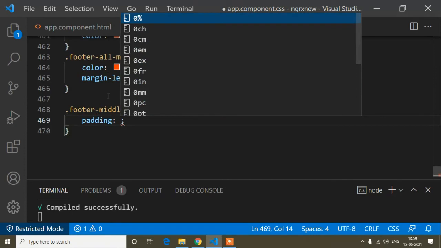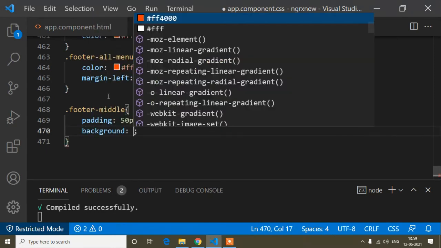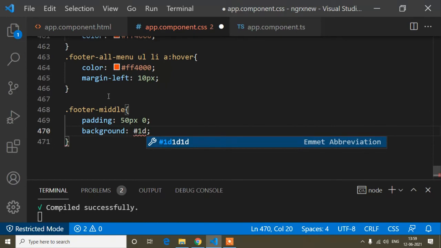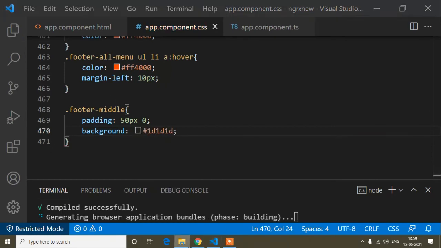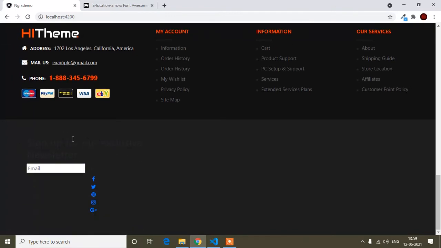Padding top is 50 pixel and left and right is 0, and here I will add the background color. So background color is #1D, like this color. So save, and you will find it has added a space and the background color.